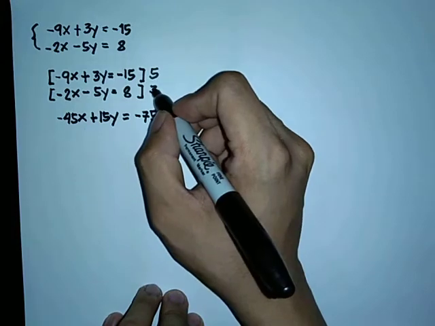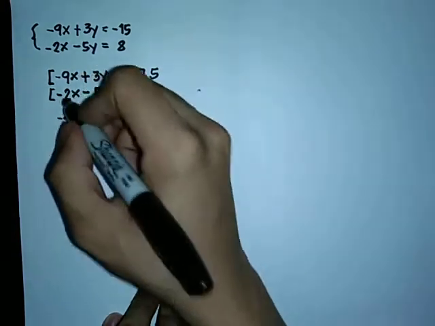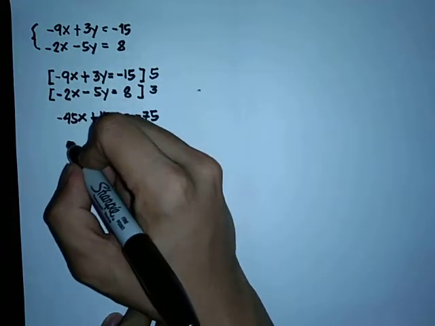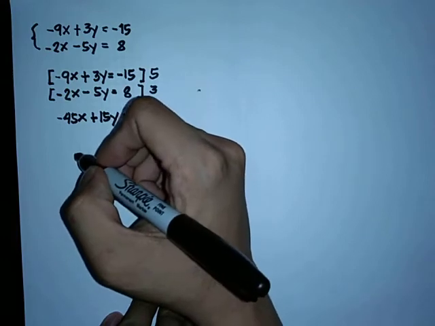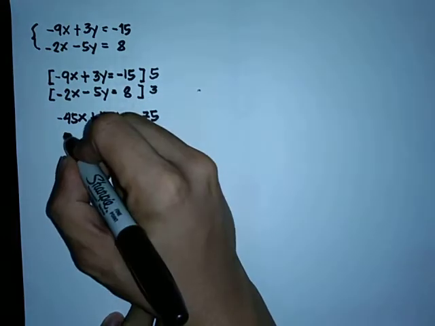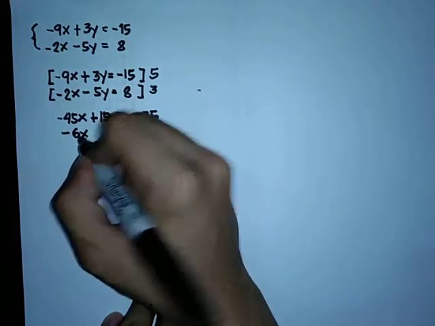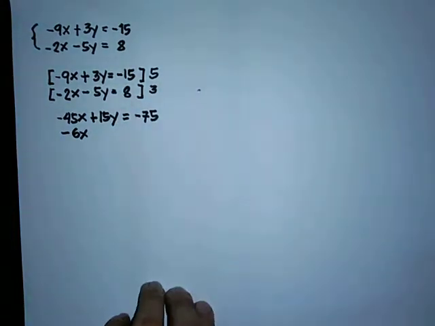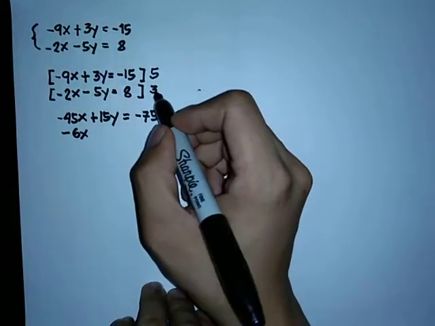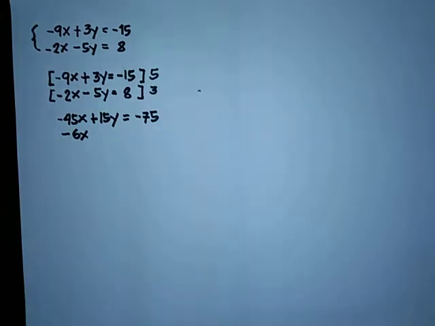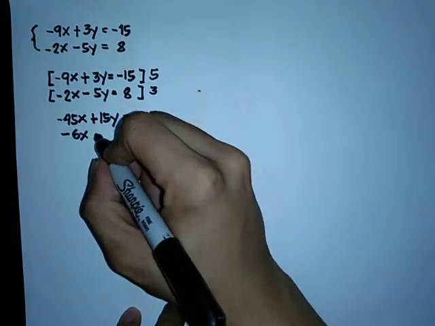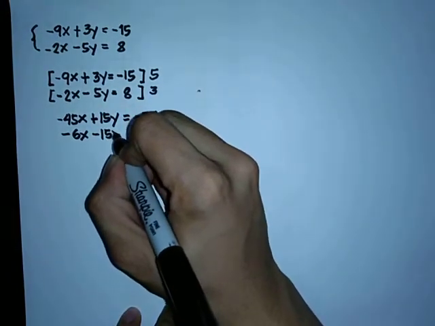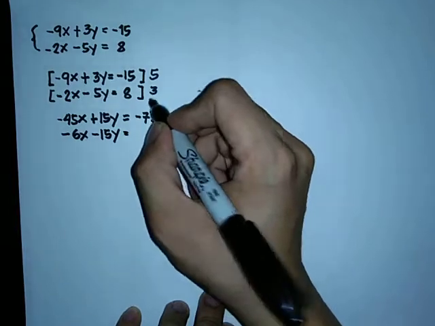And then yung for our second equation, we have 3 times negative 2x, we will have negative 6x. And then we will multiply 3 doon sa ating, so we will have negative 5 times 3, that is equal to negative 15y is equal to 8 times 3, that is